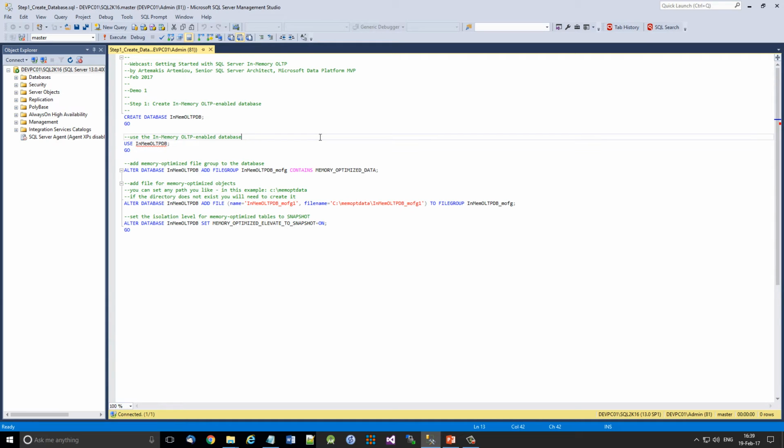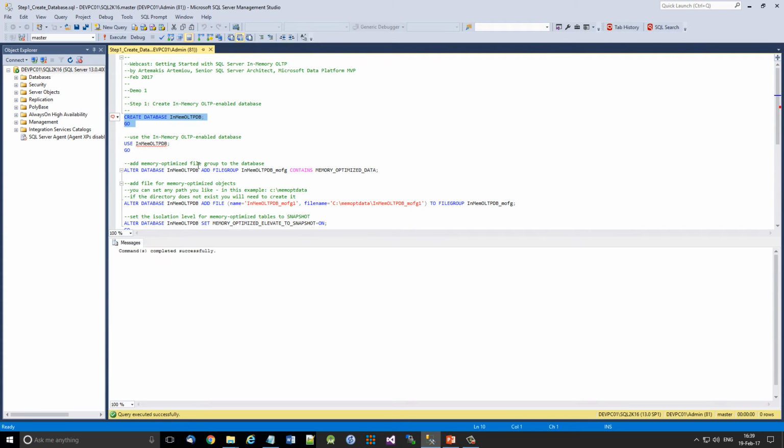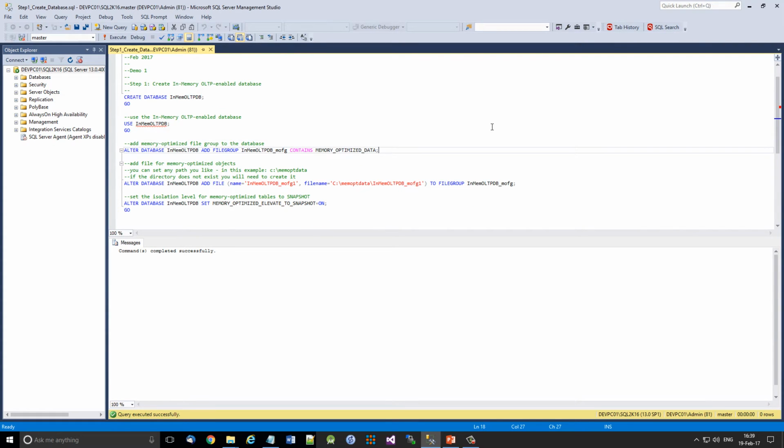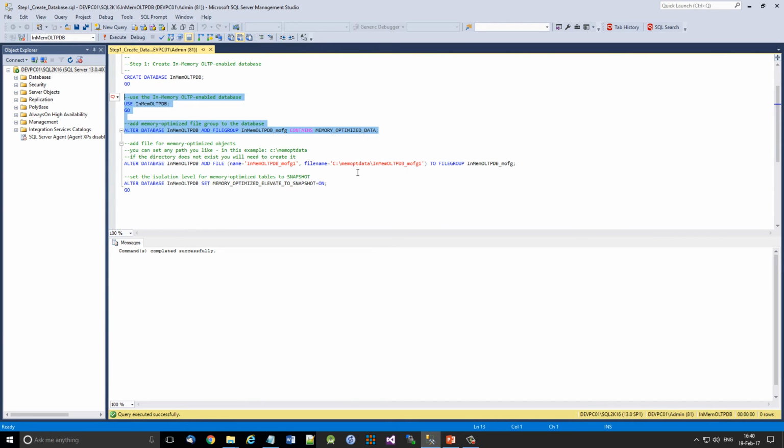The first step is to create a database and make it In-Memory OLTP enabled. So I'm going to create the database In-Memory OLTP DB. I'm going to add a file group that will be containing memory optimized data. I need to specify a location for this